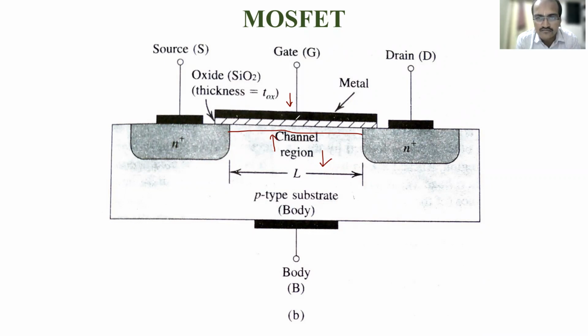So this is what I am mentioning. We looked at one of the capacitances, but many such capacitances exist: between the source and body, between the drain and the body, between the drain and gate, between the source and gate, and so on. So we'll be looking at a number of capacitances that exist in this structure, which we have not considered so far.